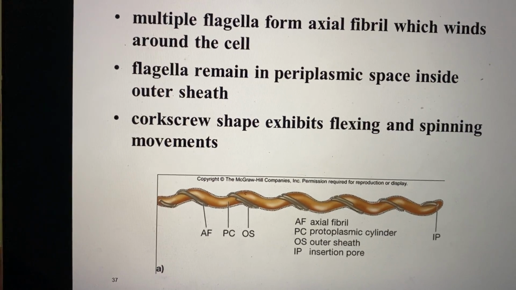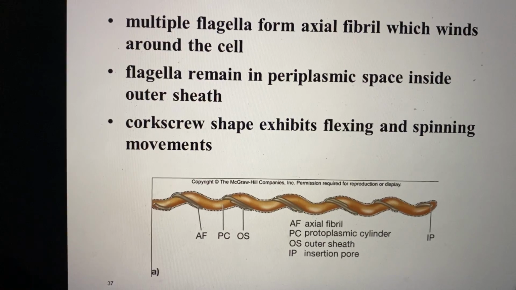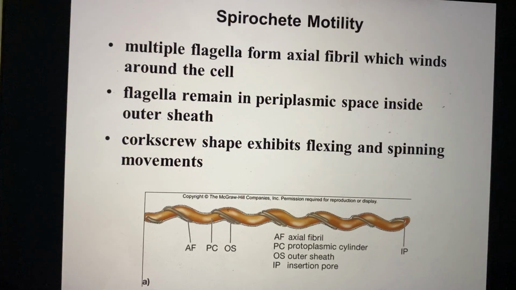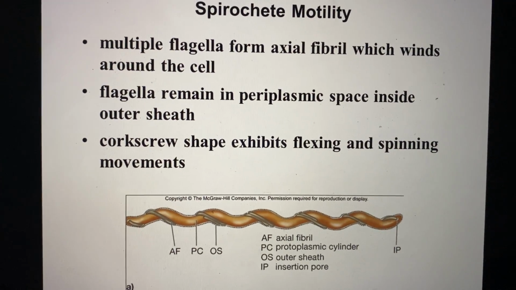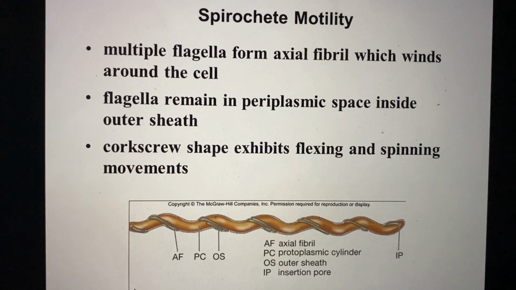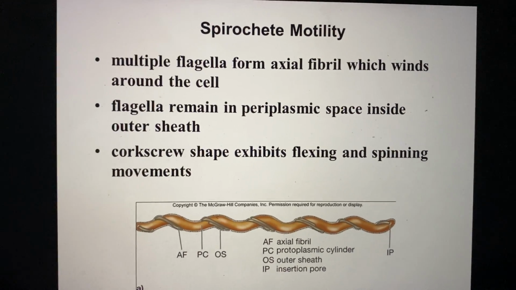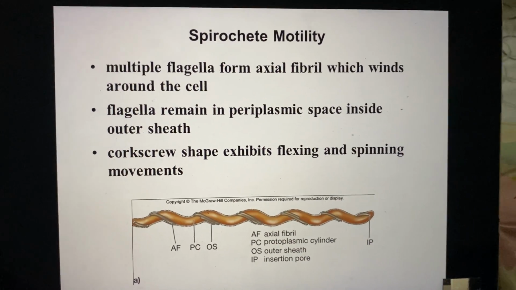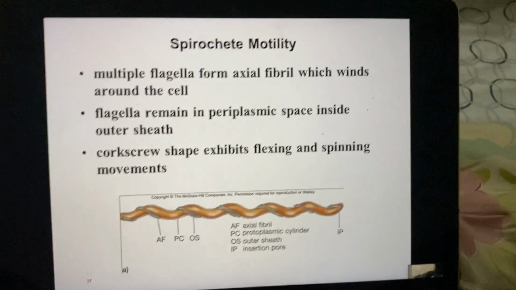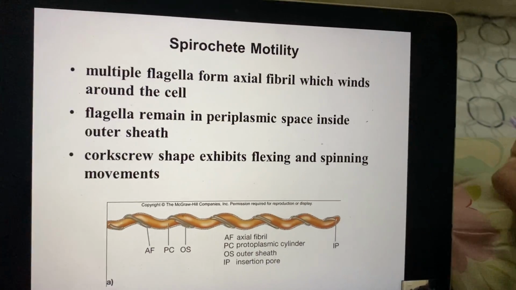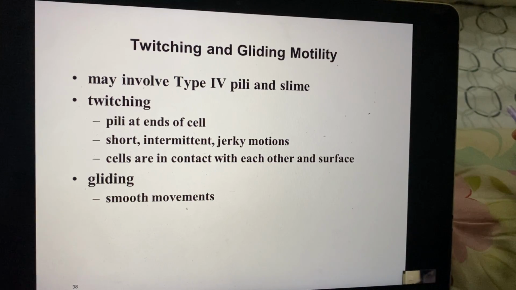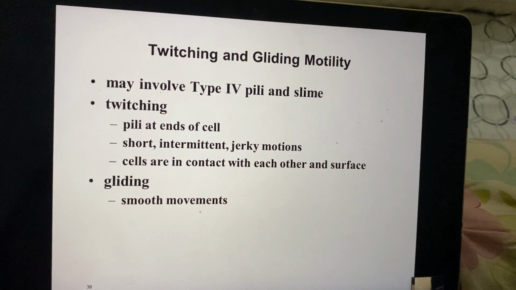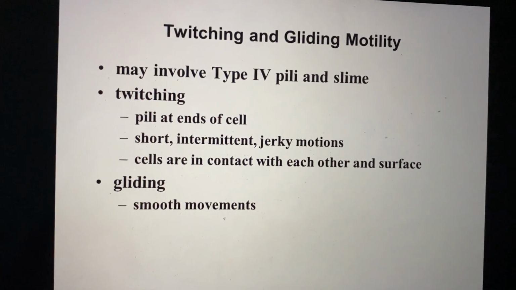The motility that it will show is like a corkscrew motility, where it will be flexing and spinning, not a directed movement. Like your other bacteria flagella movement, which we call swimming movement, is a very directed movement. In this case, it is very much a flexing and spinning movement, not as fast as your bacterial movement would be. Coming to the last category of your motilities, which is twitching and gliding movement, which you will be studying in the papers that we have for you to read.